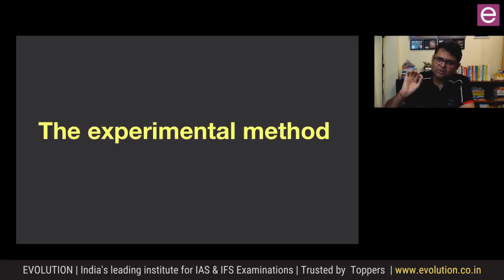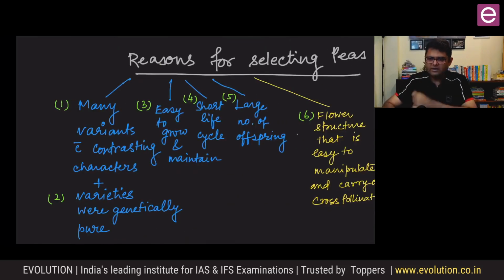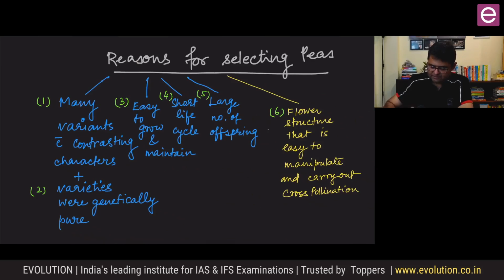When you come to experimental methods, here we are not going to discuss what caused the success of Mendel. Here we are going to discuss why Mendel chose garden peas as his experimental plant. And second, we are going to see what the design of Mendel's experiment was. So first and foremost, let's see why he selected garden peas. There were 6 very clear advantages. First and foremost,